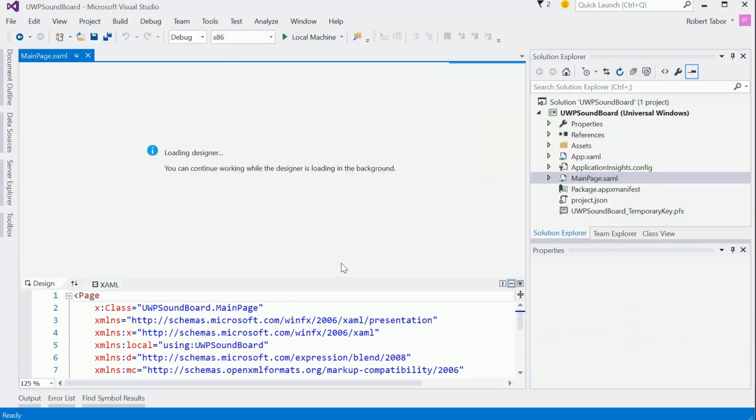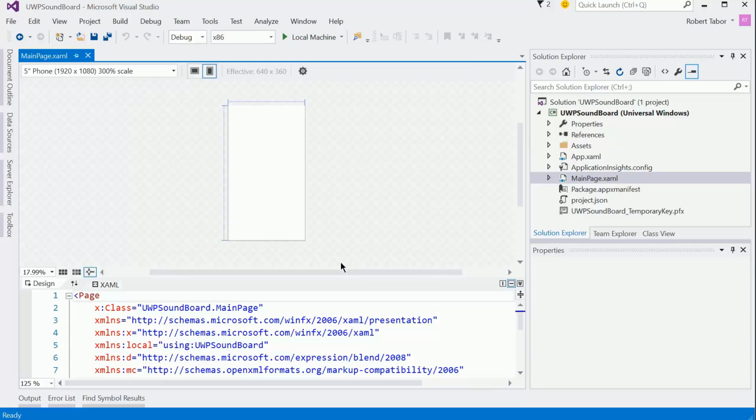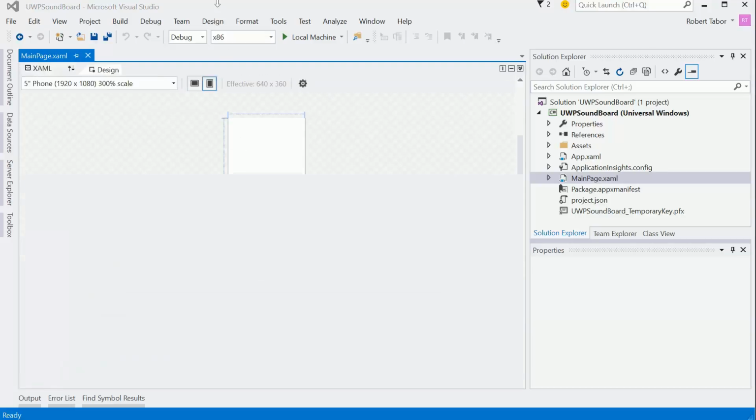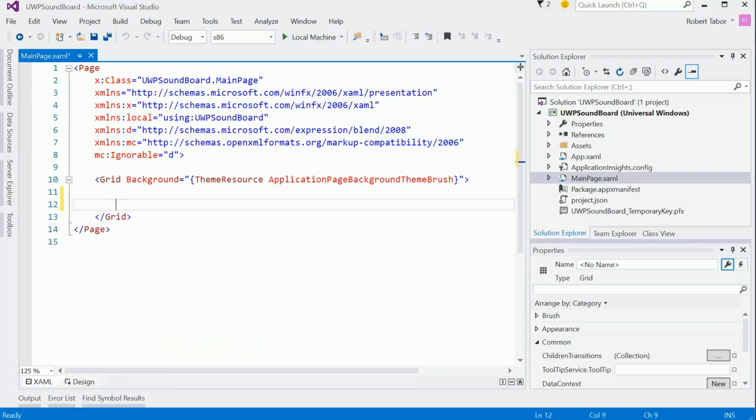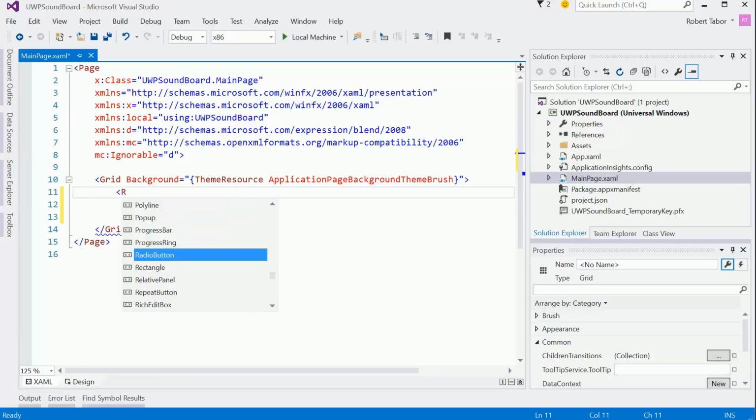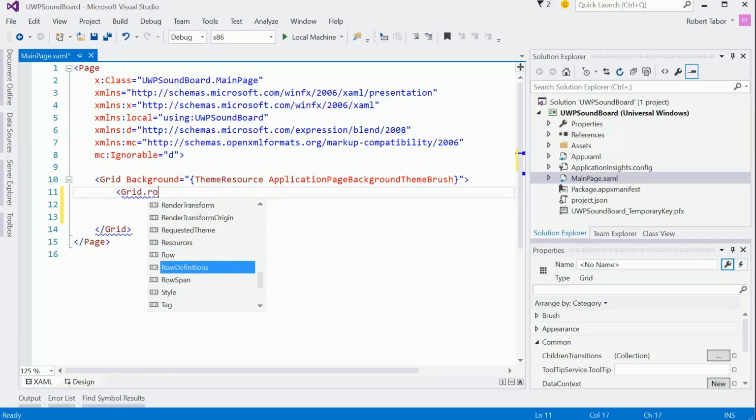So I'm going to take a slightly different layout approach this time. We will have a layout grid, and that'll give us the topmost row, which will contain a relative panel with the hamburger button, back button, and the search, the auto suggest box. And then in that second row, we'll put a split panel. So let's start that process. So here we go, row definitions, grid.row definitions,